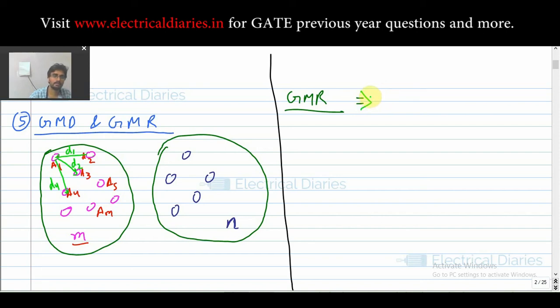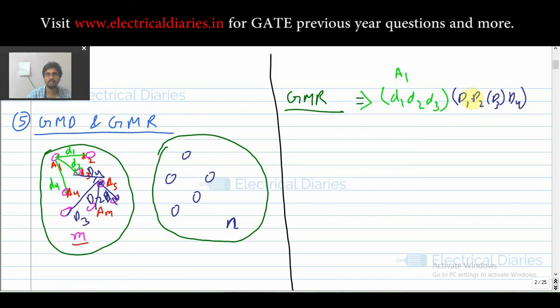Just remember, GMR is for itself. You have to take one conductor and find the distance from all the other conductors. Now take another conductor, find the distance from all other conductors, and just multiply, like D1, D2, D3. Like this, you take A1. Next time you take A5. This distance is, let me say, capital D. This is D1, this is D2, this is D3, this is D4. So what you will write down here is D1, D2, D3, D4.